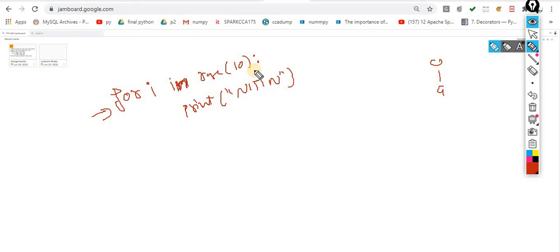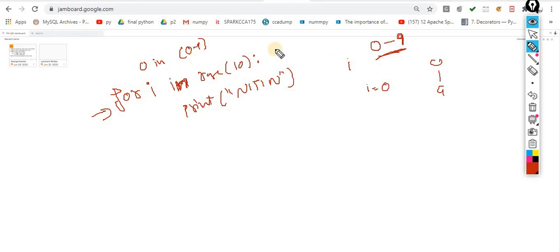Here I am saying for i in range of 10. I in range of 10 means by default the i value starts from 0 and it will iterate up to 9. This is one funda. In the first iteration, the i value becomes 0. Now I am saying 0 in 0 to 9, the condition is true.